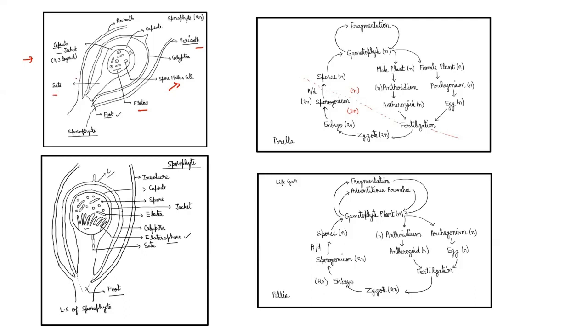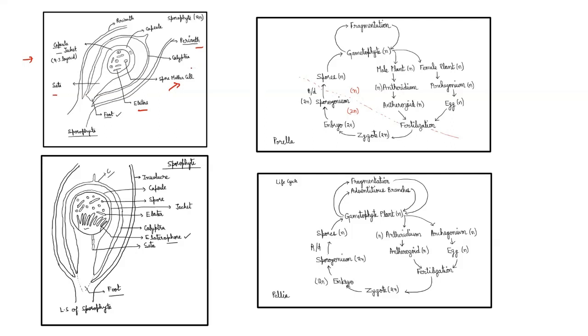The jacket in the case of Porella is made up of 2 to 3 layers. The jacket of the capsule is two to three layered. Now, coming on to the life cycle part, the life cycle part is quite similar